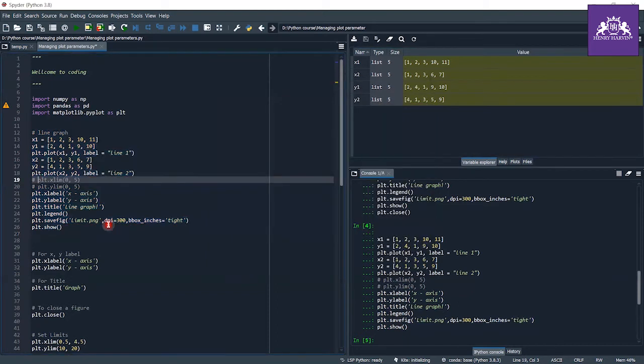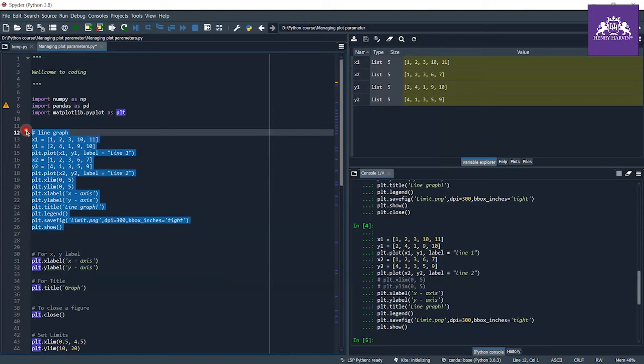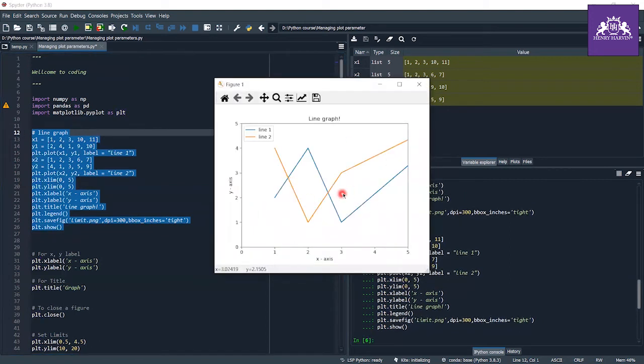To put the limit, I write plt.xlim and plt.ylim, and there I put the limits. For x I write 0 to 5, and for y I write 0 to 5. When I execute this, I get my data for this part.